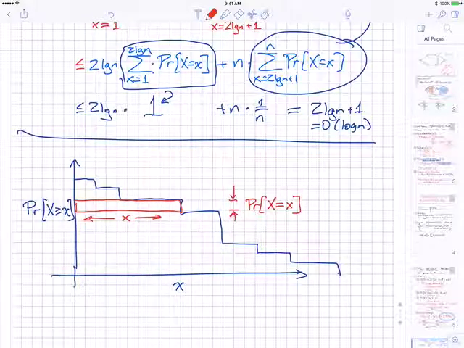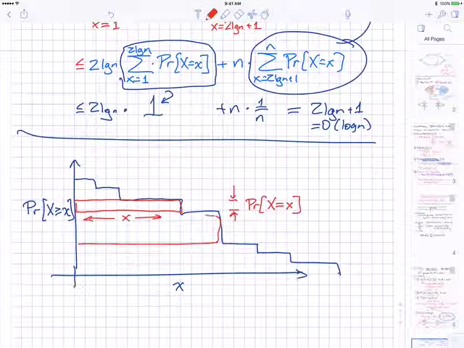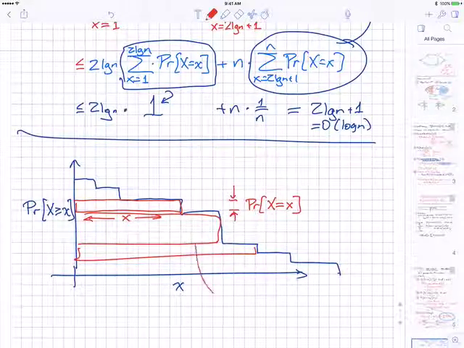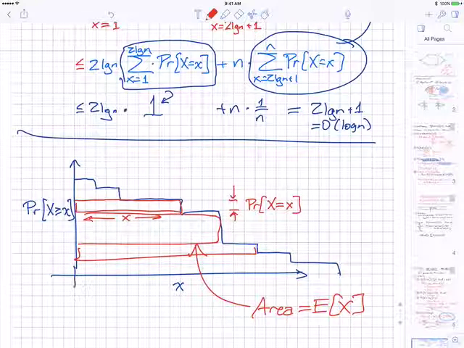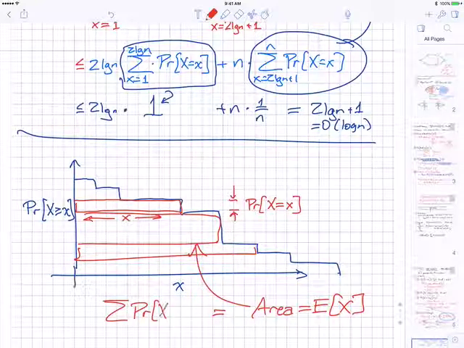Okay. So if I decompose the area under this curve by breaking it up into these horizontal rectangles, what I'm going to get is that the area is equal to the expected value of X. But on the other hand, if I split it into vertical rectangles, the width of every rectangle is going to be 1, and the height is going to be this value. Right, so on the other hand, this is the sum of the probability that